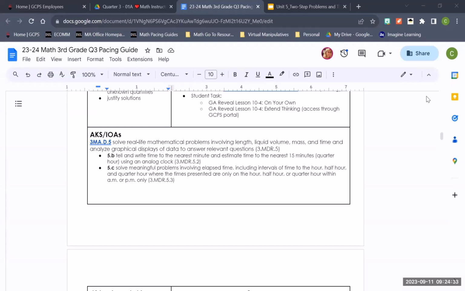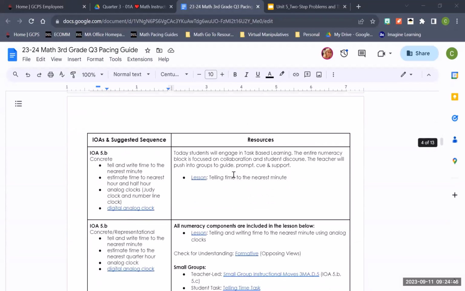After multi-step instruction, we transition to time. The concept of time represents the remainder of Unit 5. The concept of time begins with IOA 5B, where students tell time to the nearest minute using an analog clock. They also estimate time to the nearest quarter